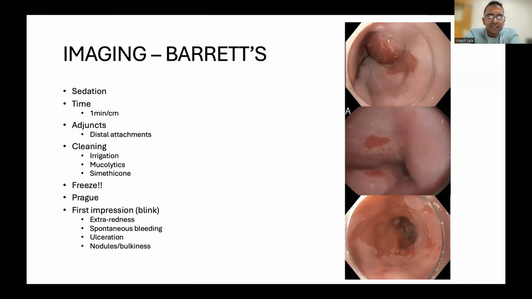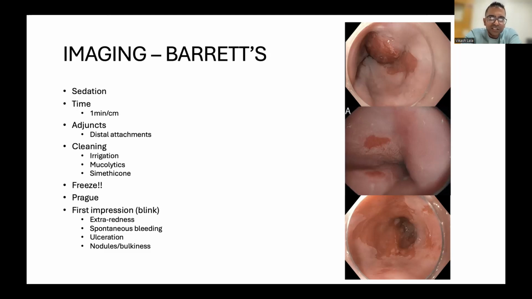Then the other thing I see a lot of endoscopists do is try to capture a moving image. It just doesn't work and it's just so difficult to do. Whether you're taking pictures or you're just assessing something, I urge you to use the freeze button on your scope. Know where your freeze button is, program it to an area that's convenient for you to access on your wheel, and freeze the image. It's very difficult to interpret a moving image, but when you freeze, you can spend time and actually sit back and just appreciate what you're looking at.